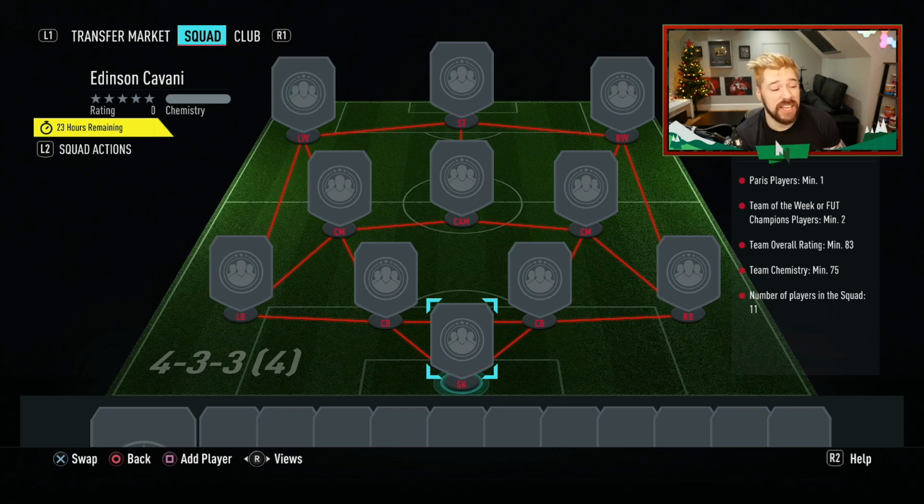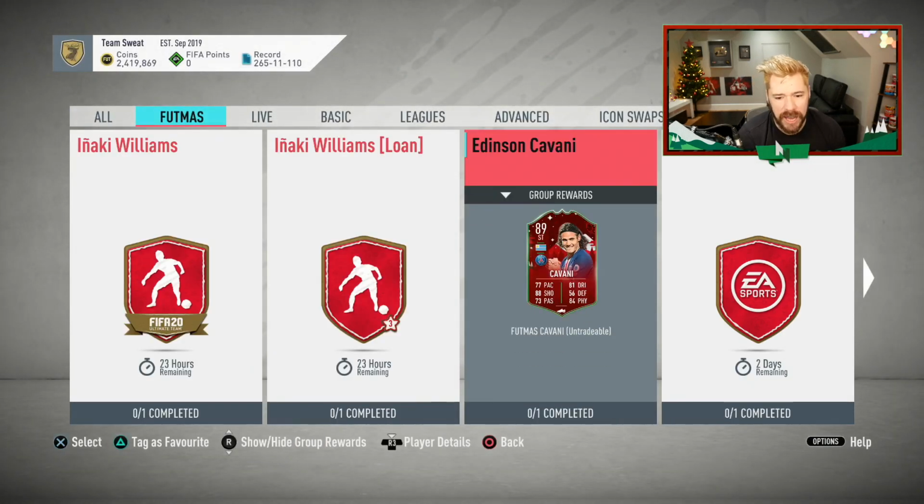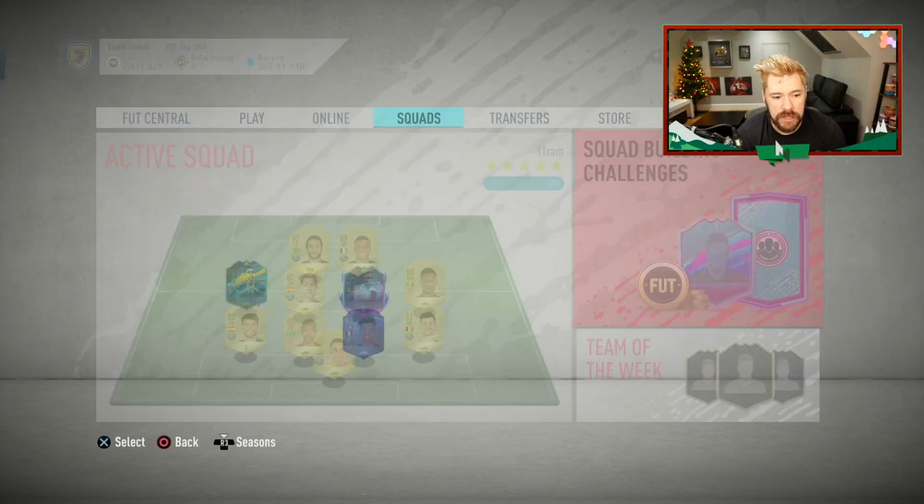Might even be worth it, and it might be a reason why they've made the requirements like this. They want to try and start clearing the market, boosting those 83s for value. And this is one of those ways where people will look at this Cavani, they'll look at his rating, they'll look at his stats, and the general consensus will be, I might as well do this. It's cheap enough for me to want to do it,